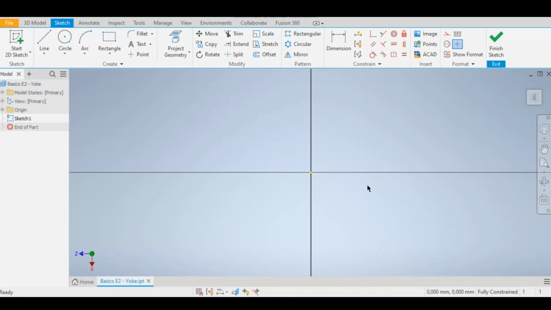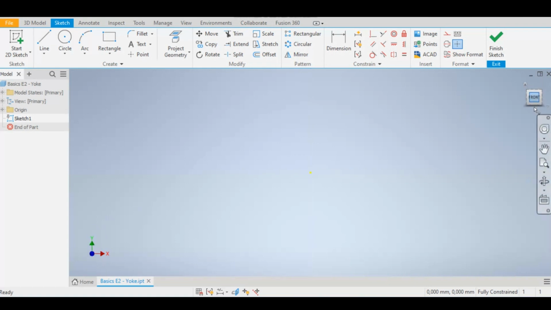So we will need to change our orientation, and to do that you can simply head to the right top of your screen and turn your orientation just as you would like it. We've got our x-axis lying horizontally. We want to flip our z-axis upwards, and to do that we will need to head to the